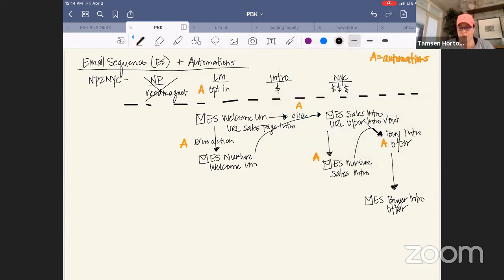You have an automation at the opt-in that turns things on. So let's walk through someone taking the exact action that we want them to take, because those people just click, click, click, click, click all the way through, and it is super easy to get that piece set up. So first we're going to look at those people. So I am someone, I come in and I opt in. Perfect. The first thing that's going to happen is I'm going to start receiving your welcome lead magnet sequence, which is designed entirely to get me to click to see your sales page.